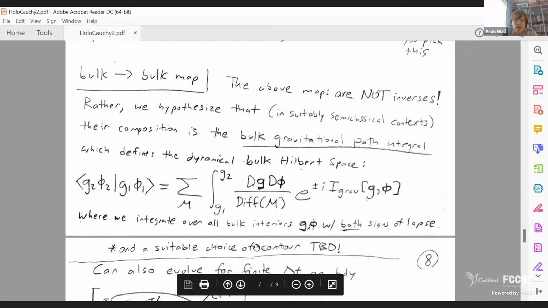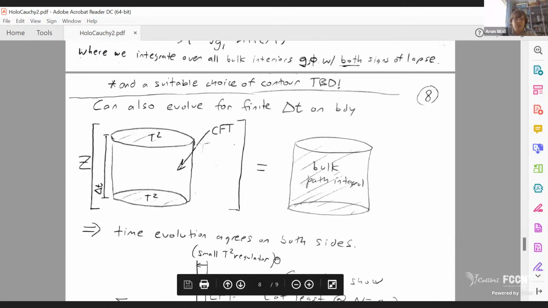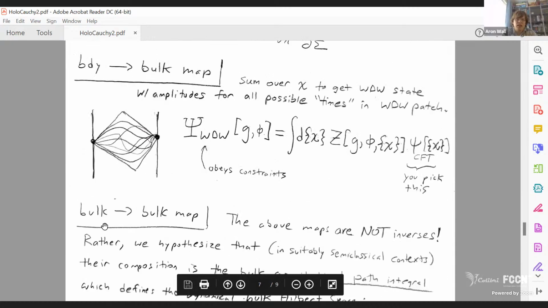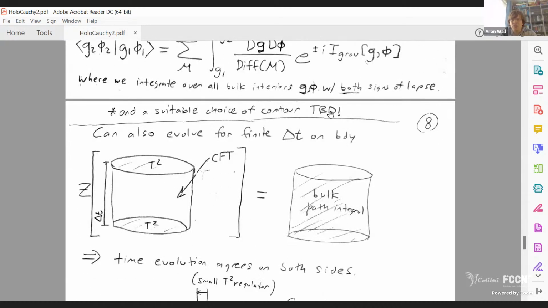Okay. All of this is modulo the usual questions that people argue about all the time about what your choice of contour for the gravitational path integral should be. We don't actually resolve these questions in our paper, but it's possible you could learn something about them. Okay. So now in this time evolution, we're holding the boundary fixed, but there's something else you could do,